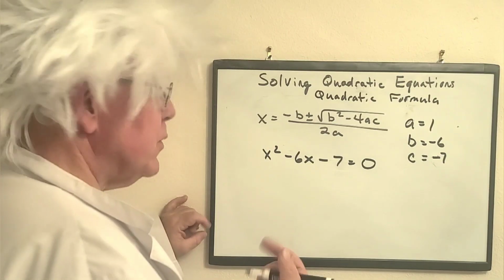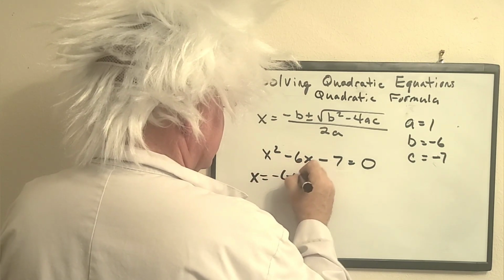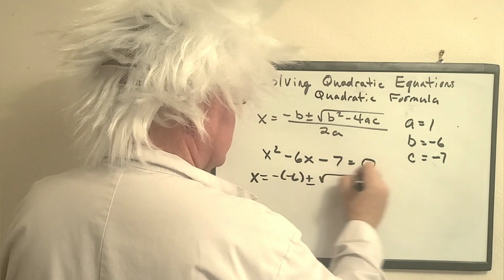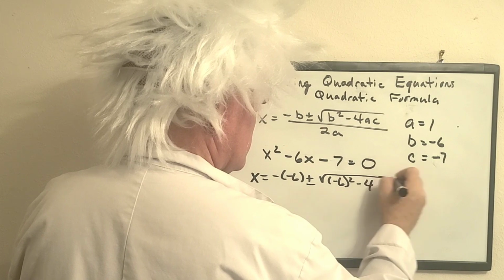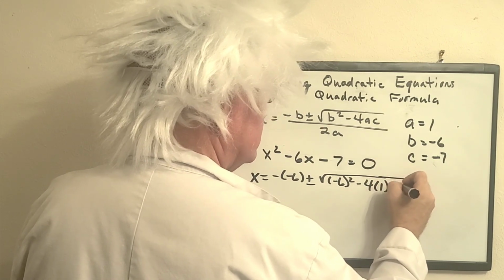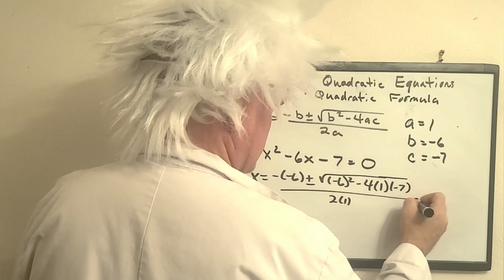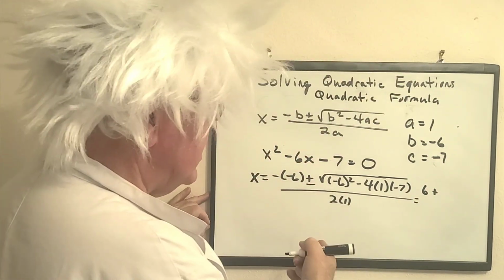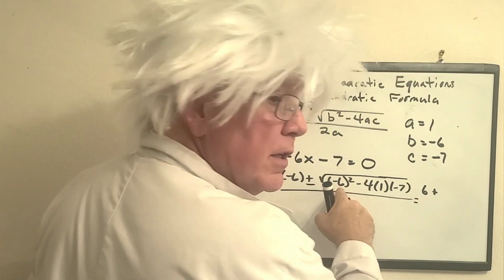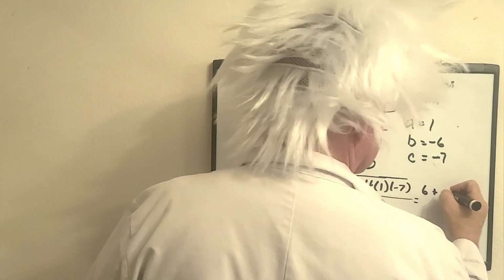Okay, we're back. So here we go. X equals the opposite of B, plus or minus the square root of B squared minus 4 times A times C, all over 2 times A. Now, let's simplify this. The opposite of negative 6 is 6, plus, now, this is 36 plus 28. Okay? 36 plus 28,